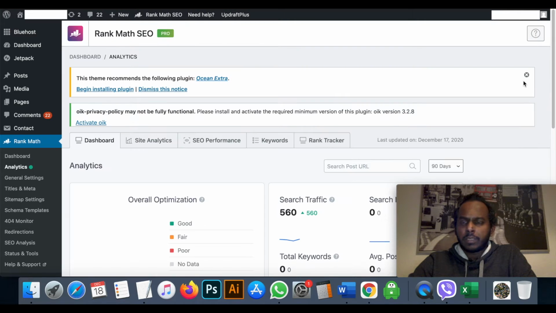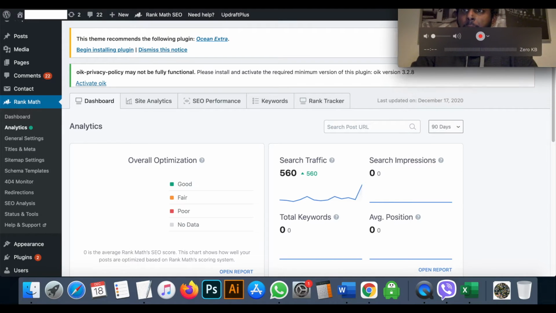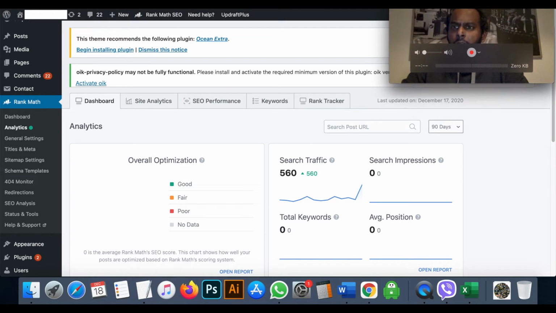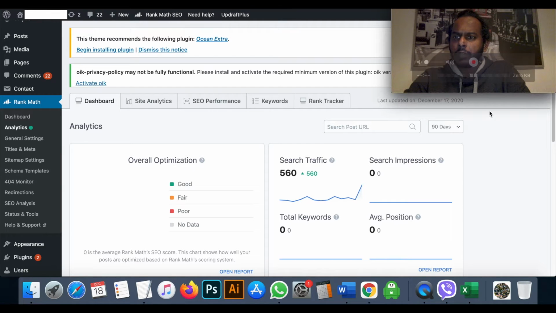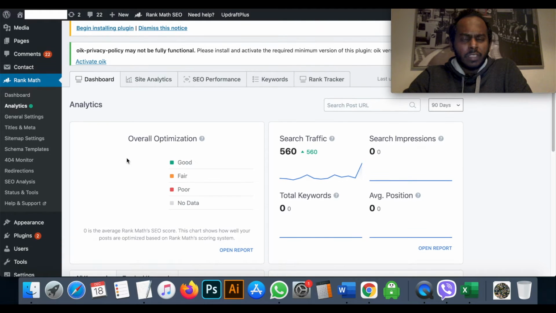This is where Rank Math has some problems. So I will move my face to the top of the screen because I think that's much better, right? Okay, like this. Unfortunately, I don't see my data.